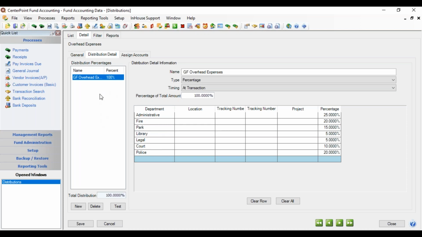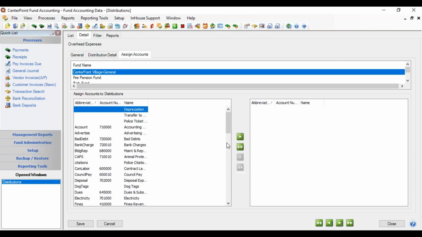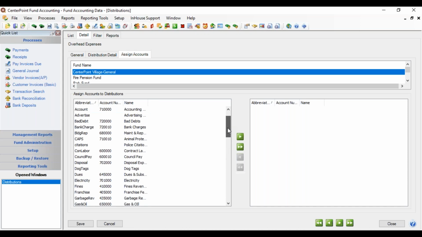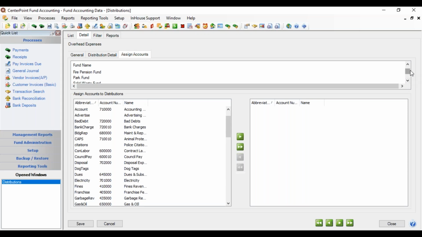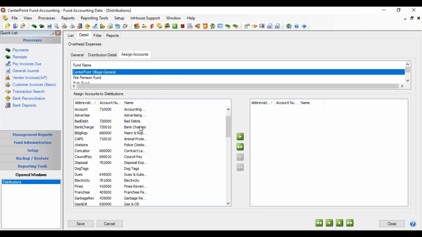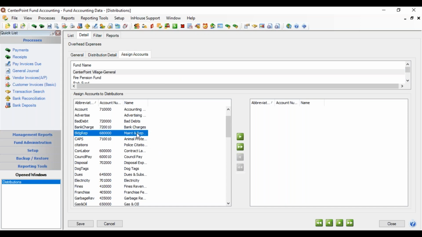Once you have these details for the distribution, then you can go to assign accounts, and you're going to be assigning which account you want using this particular distribution and which company or fund. So this fund has different funds or companies, and each one can have different accounts assigned to it. And when you assign the account, you would highlight it over on the left-hand side and move it to the